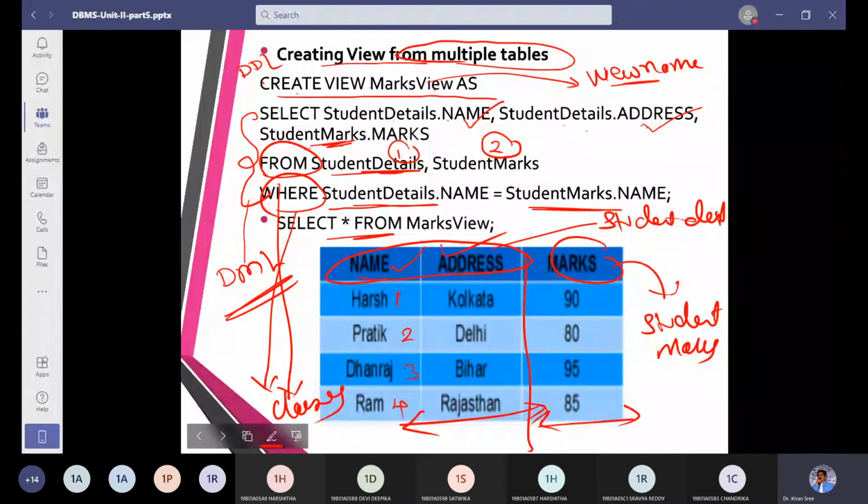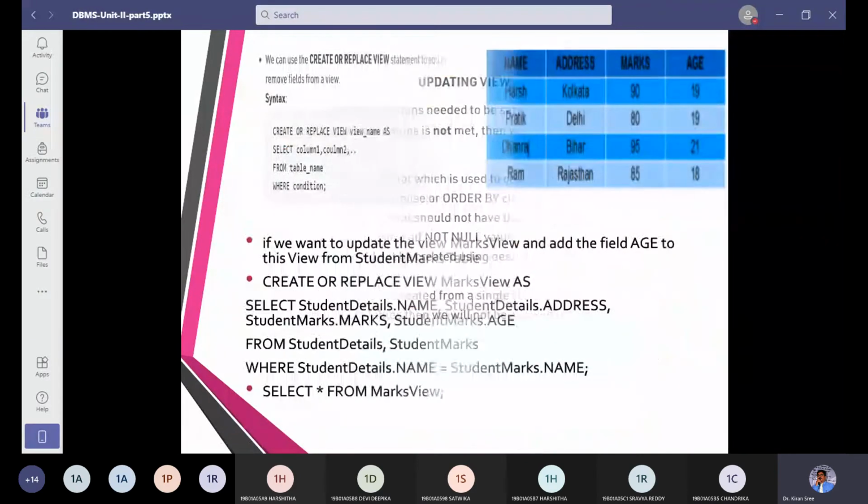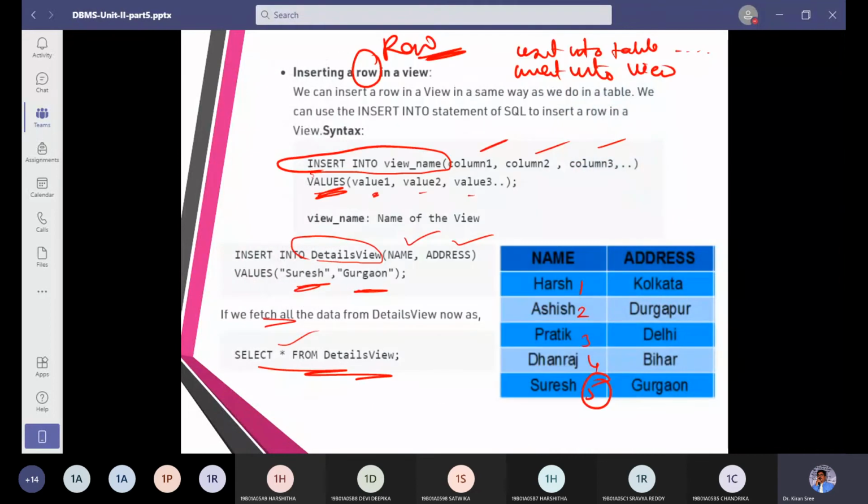We have only 4 records. Now we are going to make an insert operation: insert into view name, the columns name and address. Name was Suresh, address was Gurgaon. We insert the new row here.